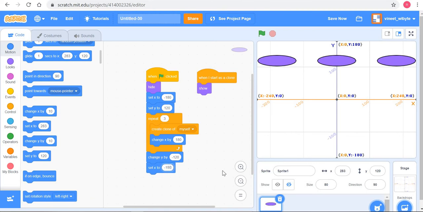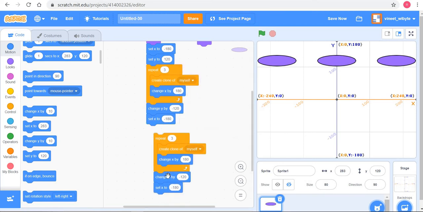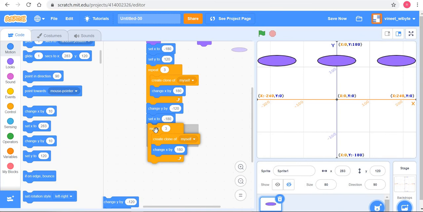So what will this do? It would have brought me back to this point. It has drawn one row here. Next I come down to this level, which means I've come back here, and I know that this particular piece of code gives me a row of sprites. So all I can do is take this and just duplicate it. I'll remove this for now. If I did this much, I know what will happen: first I'll go to minus 180, 120, which is this point. I will repeat 3 times.